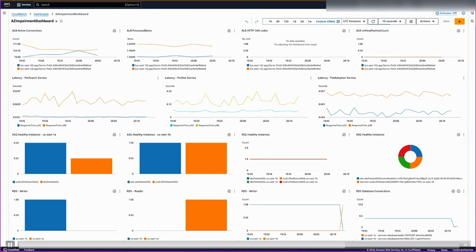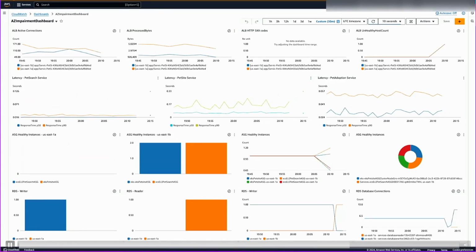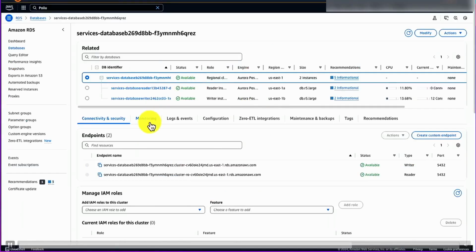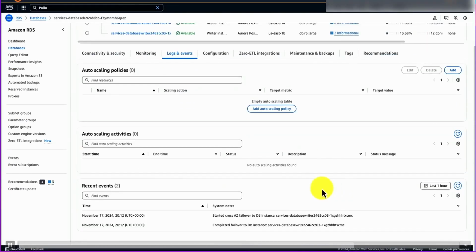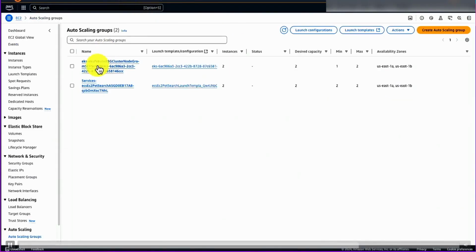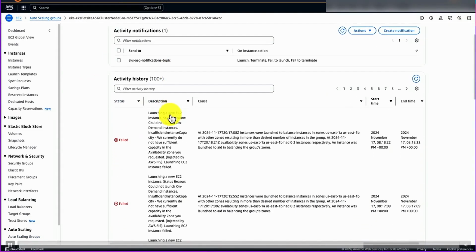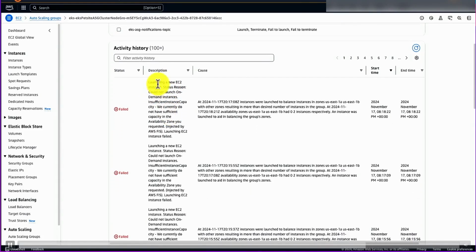You'd start seeing things like the instances in AZ A are no longer available. The healthy instances has gone to 0, and AZ B now has 2 healthy instances for both the 2 APIs that we're running. And then if you go into the RDS logs to look at the failover event. And this is the auto-scaling group console. You can see auto-scaling group cannot launch instances in that AZ because FIS is suppressing that ability for auto-scaling.